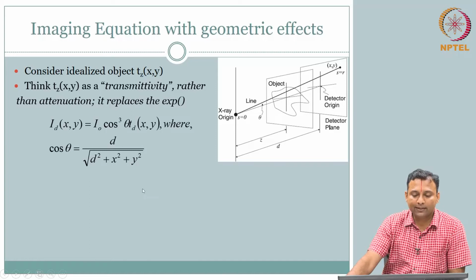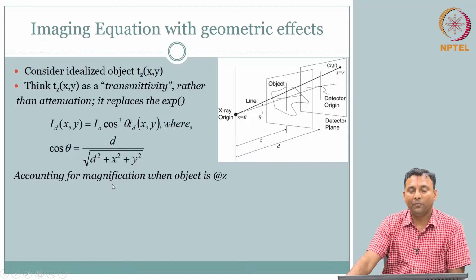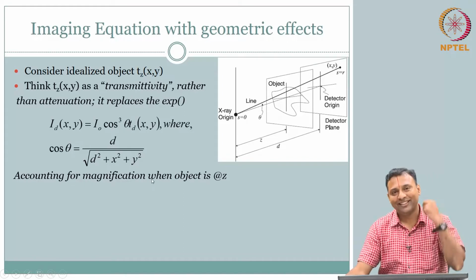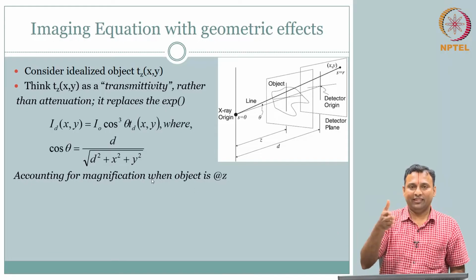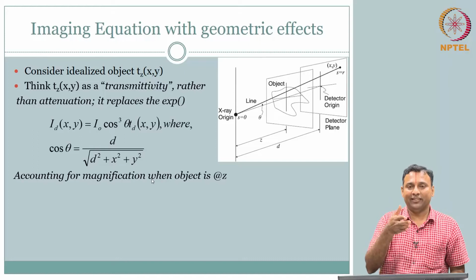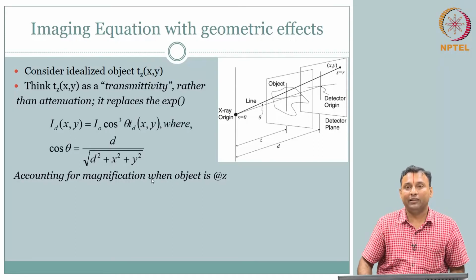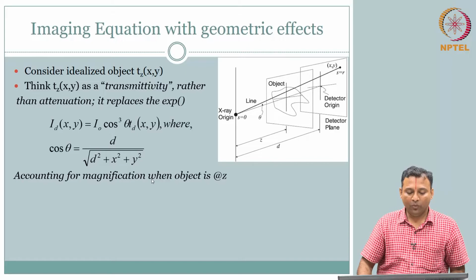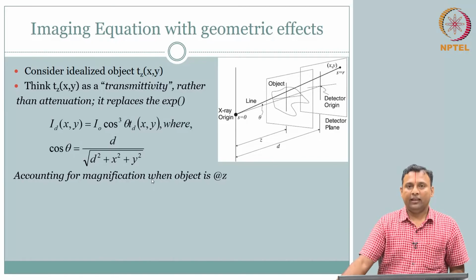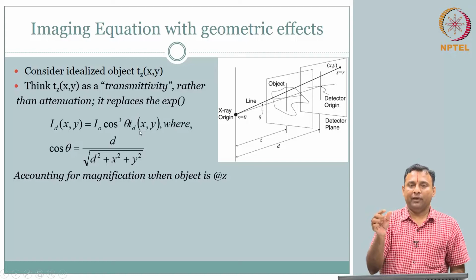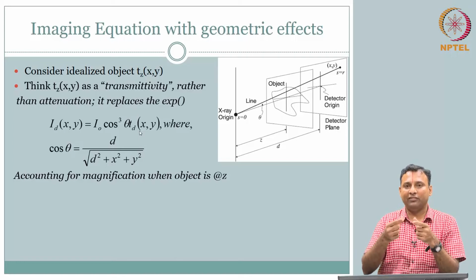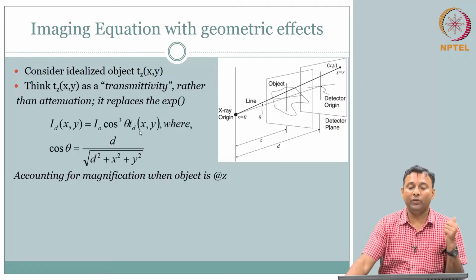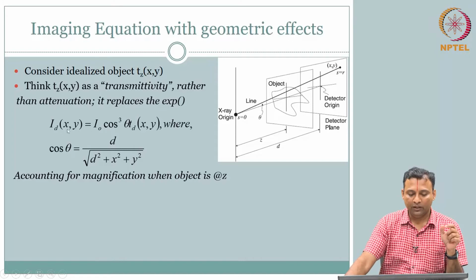Clear? Why is this maneuvering done? Because it becomes easy to write. Account for one more magnification. Remember, we talked about position, magnification. Remember, we talked about depth dependent magnification. Now we are talking about front is magnified, back is magnified. Remember that example of thickness that we gave? We will have to incorporate that. How do we incorporate that? So it becomes easier to use this denotation.